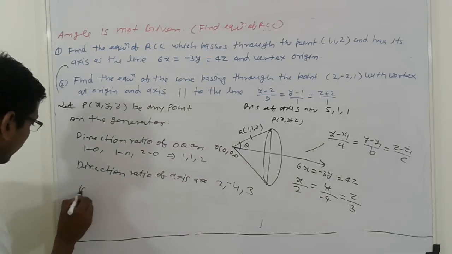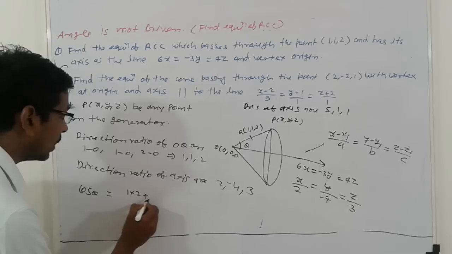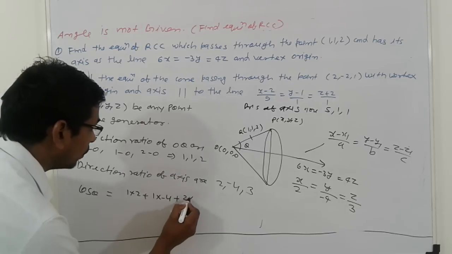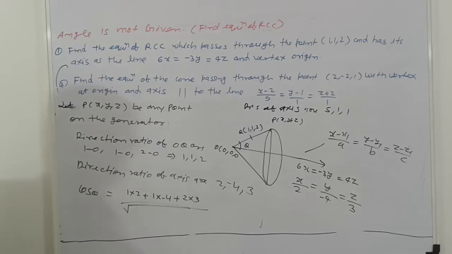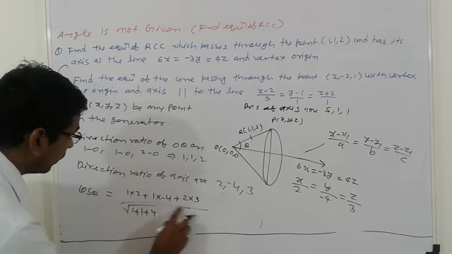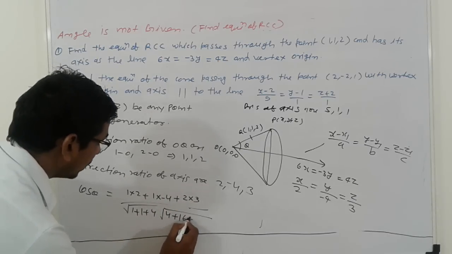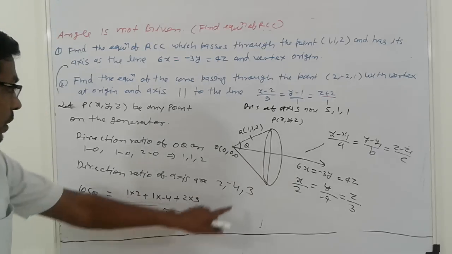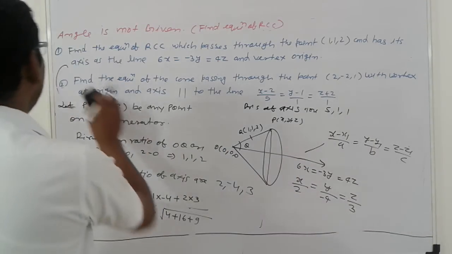What is the cos of theta? Product of this means 1 into 2 plus 1 into minus 4 plus 2 into 3, and square root of this. So 1 plus 1 plus 4, and second, 2 square plus 4 square plus 16 plus 9, and simplify. Then we get